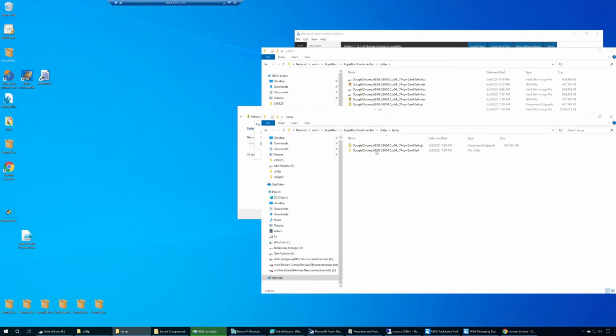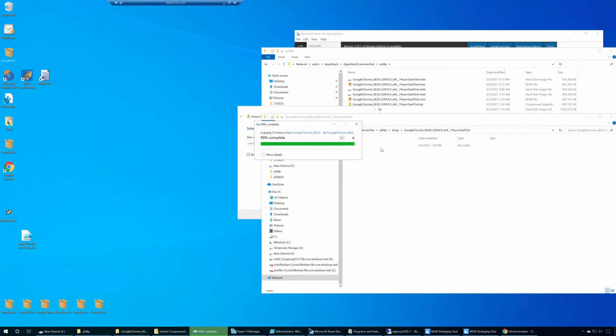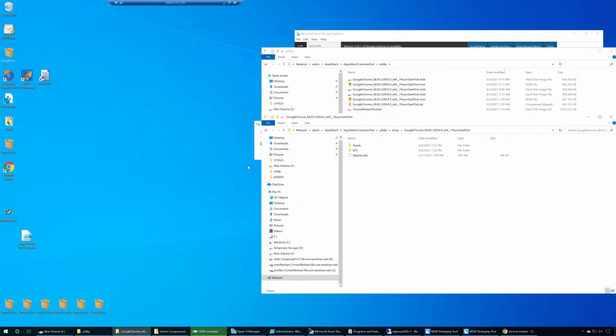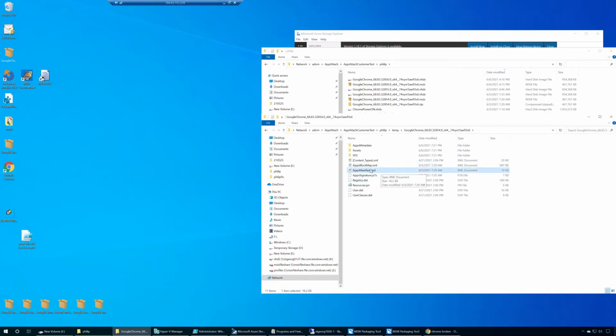We don't have to wait for it to complete, actually, because if you go into the folder, hopefully you can see we have our content. Really, the most important part that we need is the manifest file. And that is coming, and it's in the last few bits here. Excellent. So I'm gonna grab this manifest file and move it to my developer machine,